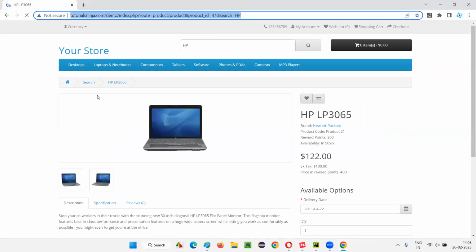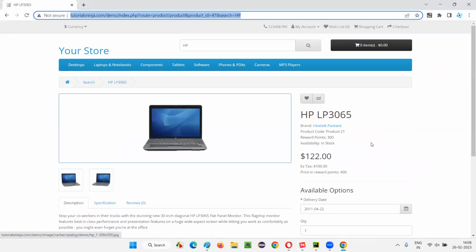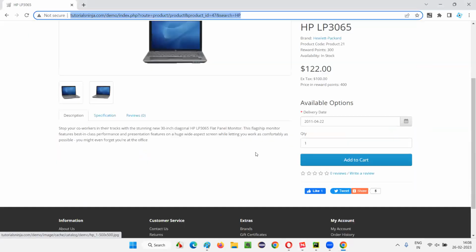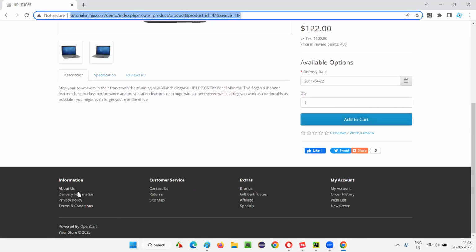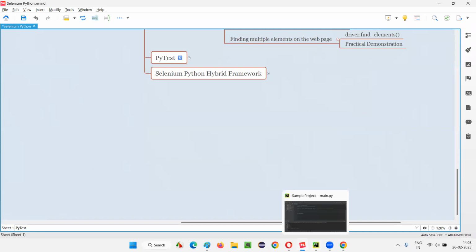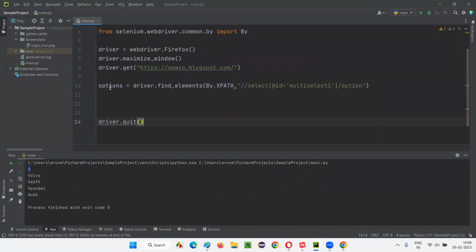In this page, there are multiple HTML elements. For example, you see this HP link is a hyperlink. A lot of hyperlinks are there on this page, including the footer options and all. Everything is a hyperlink. I want to retrieve all the hyperlinks on this page. I want to print the URLs of each and every hyperlink on the page. For that, after going to this application URL page from where I want to retrieve the URLs of the different hyperlinks,